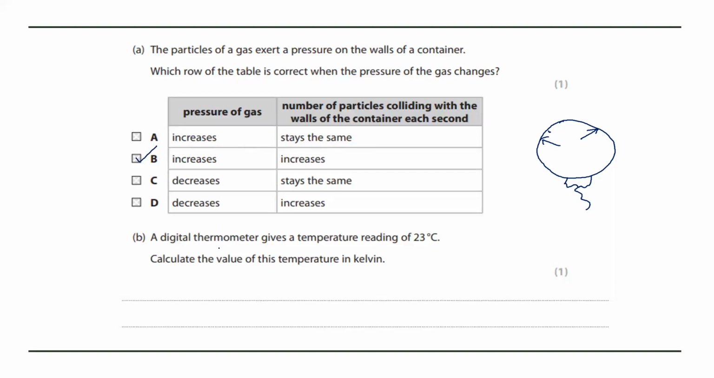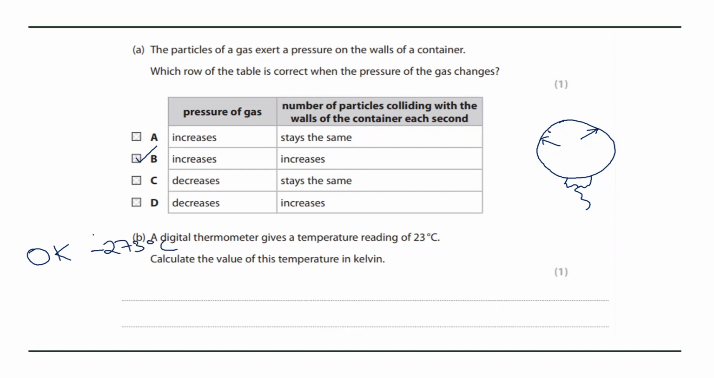A digital thermometer gives a temperature reading of 23 degrees Celsius. Calculate the value of this temperature in Kelvin. So that's actually just got to know the difference between Kelvin and Celsius. For Kelvin, all you have to do is add 273. Because 0 Kelvin, it's just a K, it's not got a degree on it. 0 K is minus